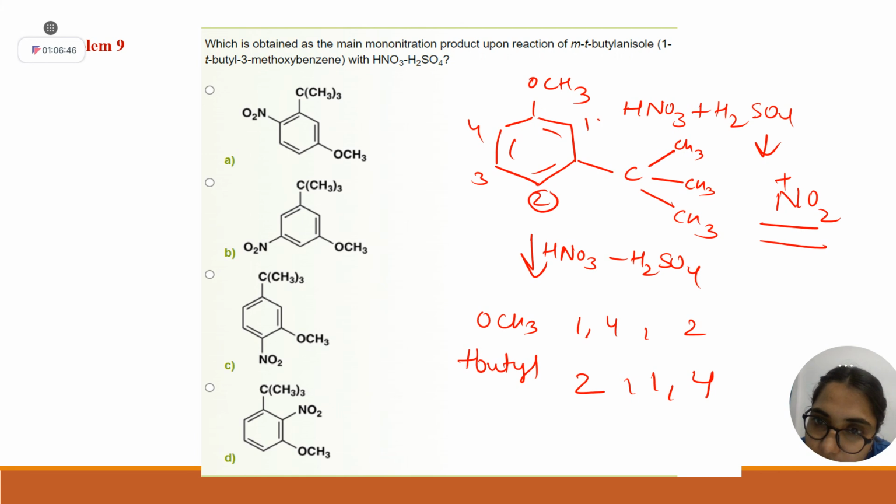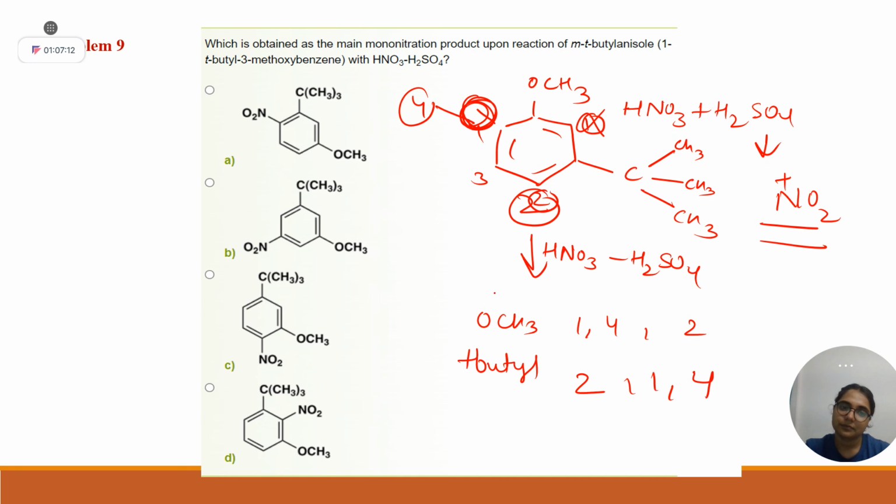Why? These are ortho position to tertiary butyl and these are para. Yes or no, students? If you look at it, all the possibilities are common in both of these. You can eliminate this option due to the reason, sterics. Now the question is very easy. Among the fourth position and second position, which is more likely? Fourth position, because it is nearer to OCH3 and moreover away from your tertiary butyl.